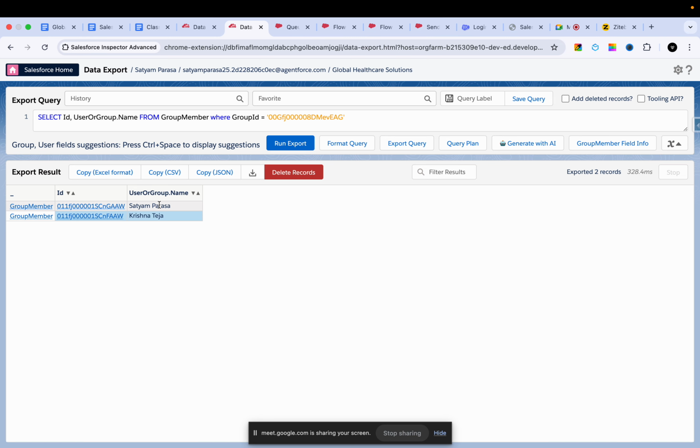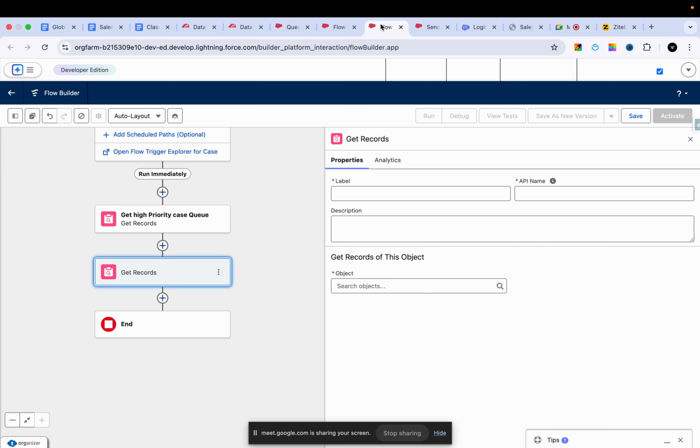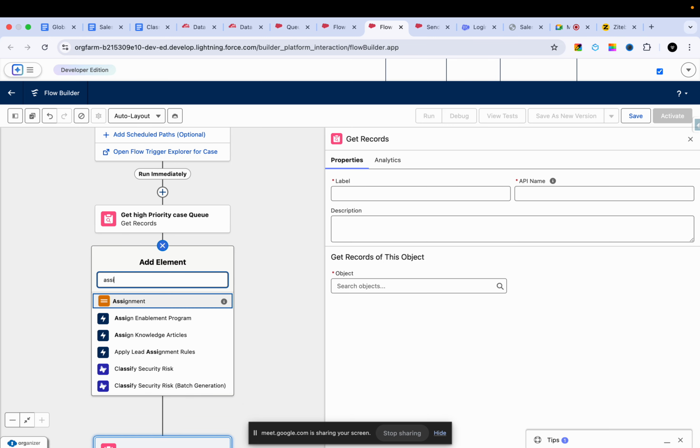Yeah, there are two members, Satyam Barsa and Krishna Deja. So we need to send the mail to these two members. Before sending the email, we have to assign that case to the queue. So we'll do that assignment first. So here just assign